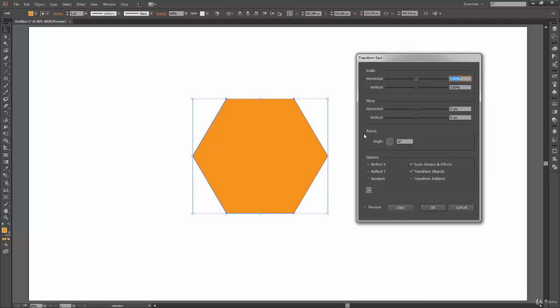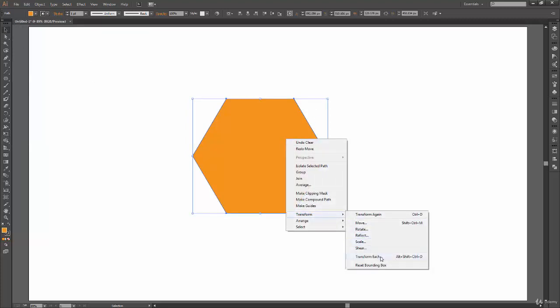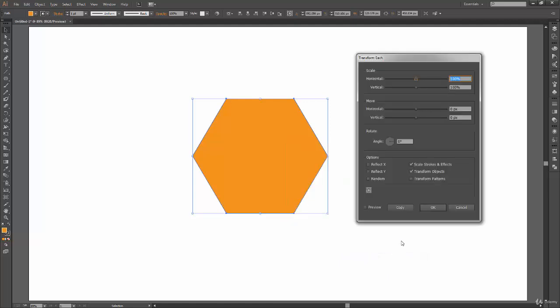Here we have our transform each window, and you can see we have all these options available, like scale, move, rotate, and options. It is kind of an option window for the free transform tool, but we cannot double click on this tool to open it. What we have to do is right click on the shape, go to transform, and click on transform each to open this option window.